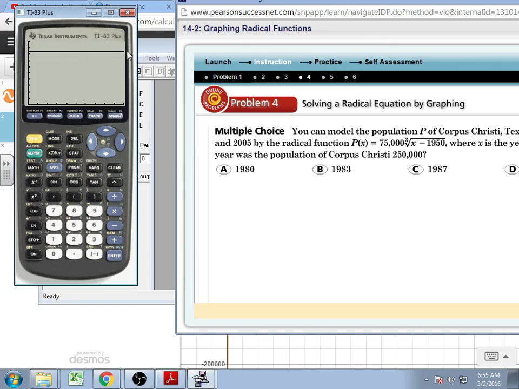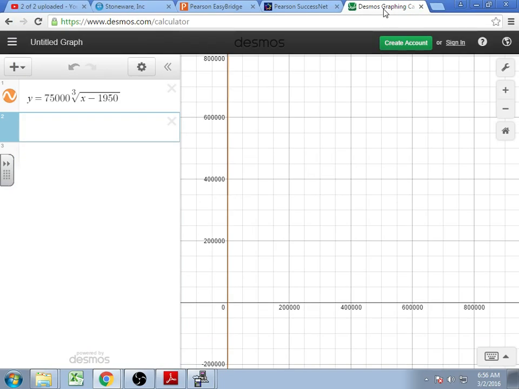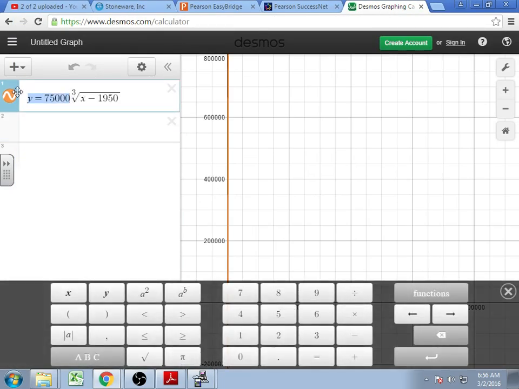So there's my population line, but it seems to be having an issue modeling the curve. If I check if I've done everything right, 75,000 cube root x minus 1,950. So if we actually want to take this back and look at a parent function to begin with, what is just the cube root function? Well, if I get rid of this, make my y equals, and I just do cube root of x and graph that,